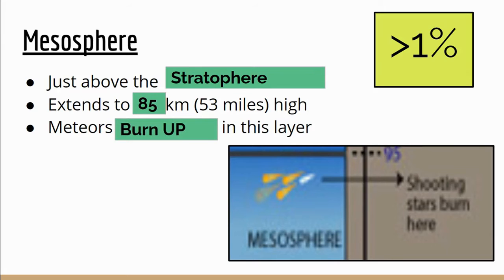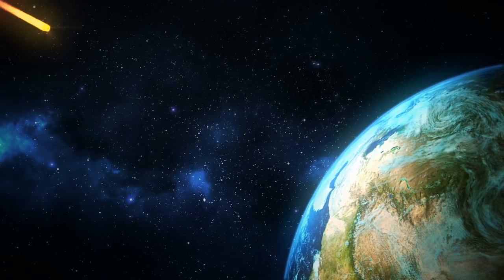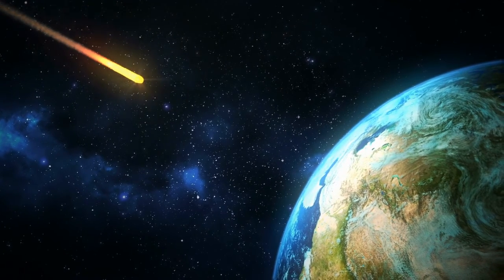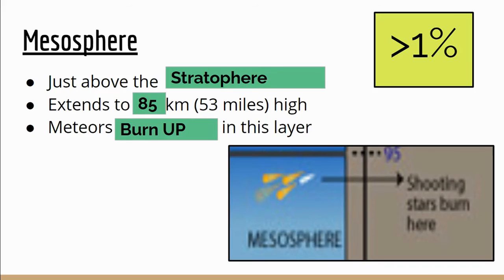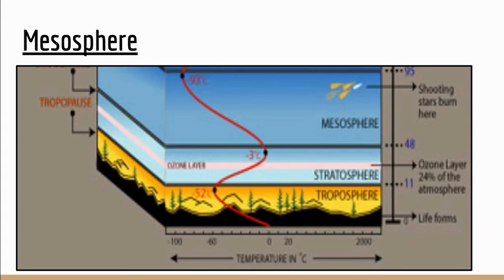You see, when meteors fly in and they start hitting air, it creates friction, kind of like how you rub your hands together. And these meteors burn up in this layer. And so this layer is actually responsible for helping protect us from giant meteors. Some meteors come in the size of a bus, and by the time they leave the mesosphere, they're the size of a basketball, which is still going to hit us, but it's not going to hurt as bad. Here's another example of the mesosphere, just to show you how much the temperature on that red line